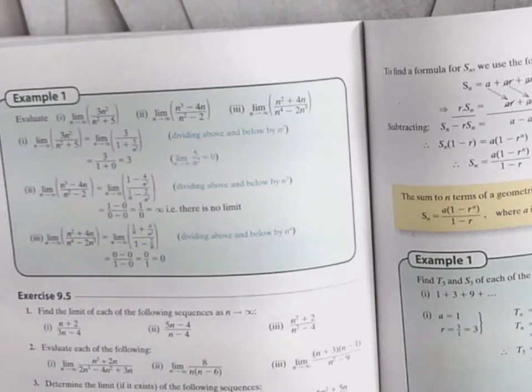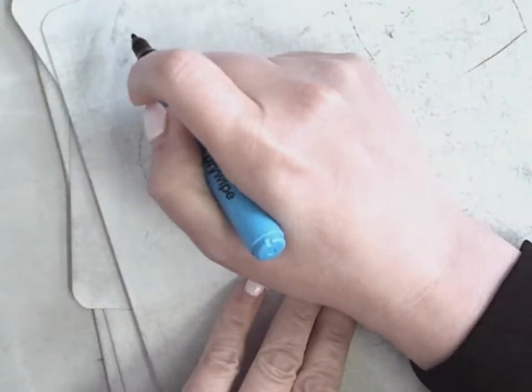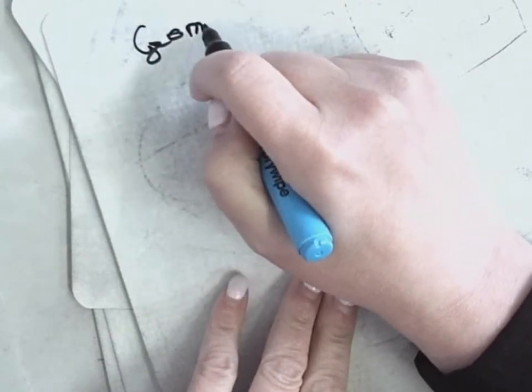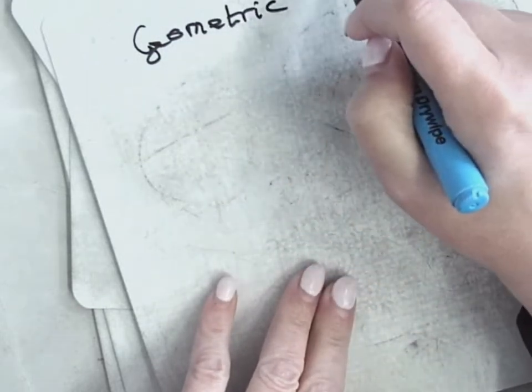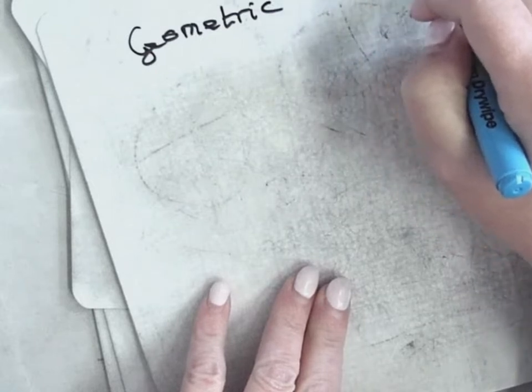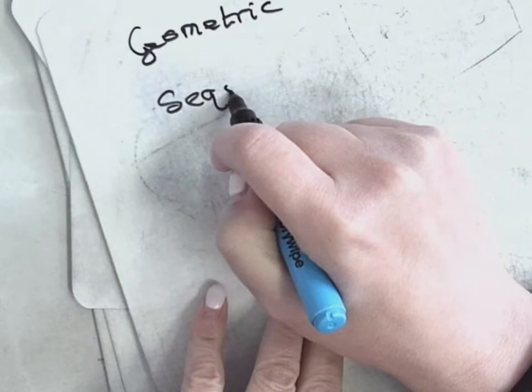Sequence where you multiply by a constant each time. Okay, so now I'm going to do a geometric series. So what do you think you do in a geometric series? Add the terms. Okay, so instead of having terms you have sums. So a geometric series is, okay, in a sequence we had a comma between the terms, and we